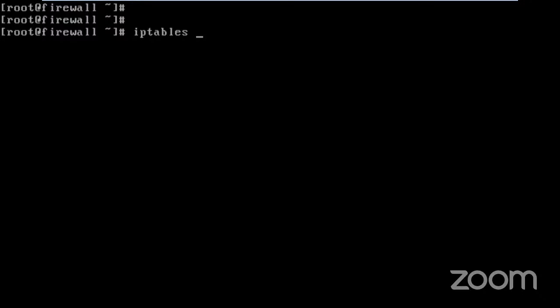Please remember, whenever you install any Linux, this firewall is already there by default. That means no need to install anything. It is very powerful, almost 30% of industries and organizations use this firewall, and it is free, and even more powerful than the paid version. So in our case, the type of firewall I want to use is filter. And I will be sharing the slides, almost 110 slides, where I have taken screenshots of each and every command, so no need to note down. So I'm saying iptables, please use the filter type.